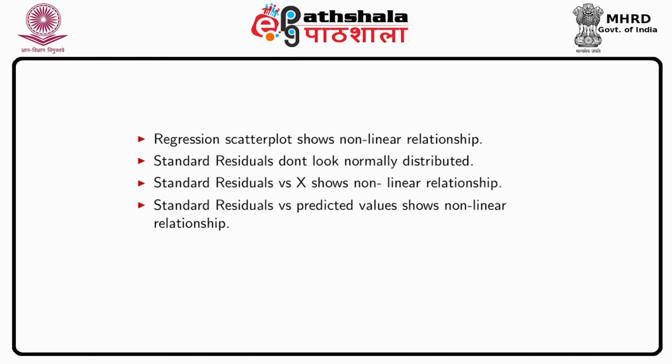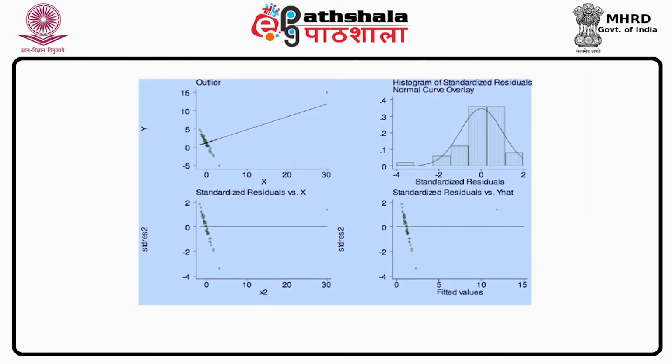Now in case there is an outlier in the data, that can also be checked through these plots which we have talked about already. In case there is an outlier, if you look at the next slide, the first plot, we have seen this previously on one of the slides. It shows a data set where there is an outlier which is farther away from the rest of the observations. So initially for all the other data points, we should be able to fit a linear relationship between x and y. So a linear model would be pertinent, but that one